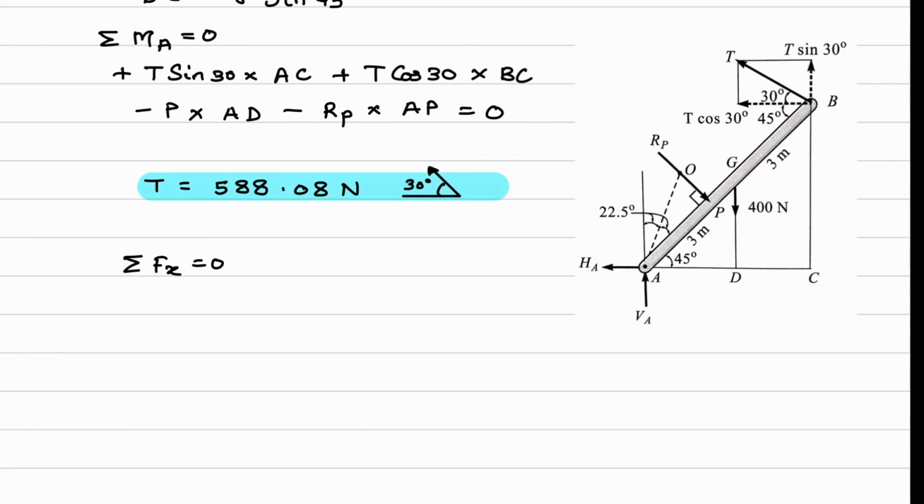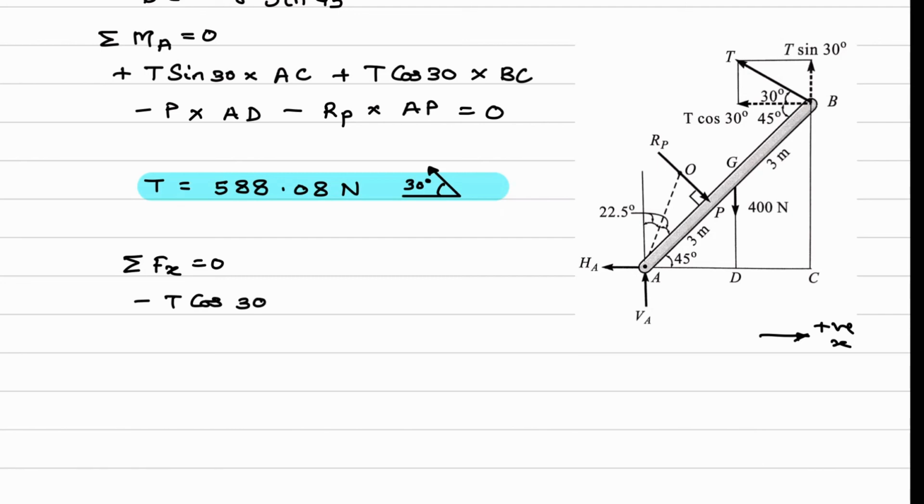Add all the forces in H direction. What is H direction? This is towards right, it will be positive X. This is the direction which we are considering. We will start from top. The first force will be minus T cos 30.